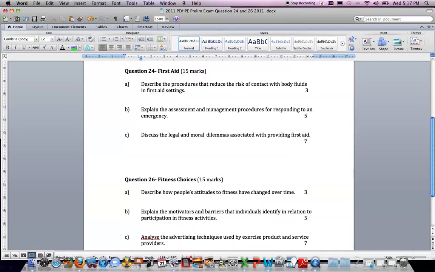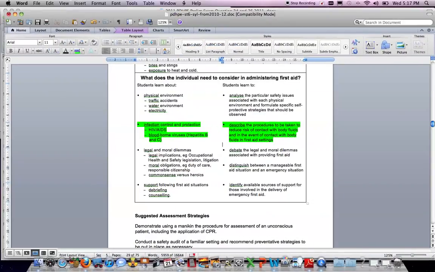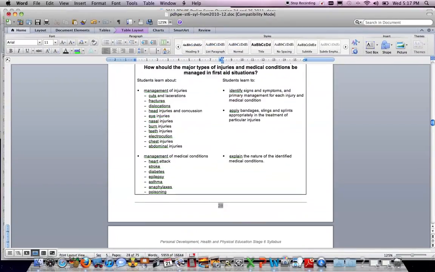24B: explain the assessment and management procedures for responding to an emergency. So we need to go through the process or the plans that would be in place for this. Again, if we have a look at the part of the syllabus that it comes from,